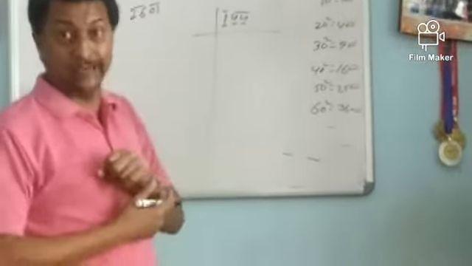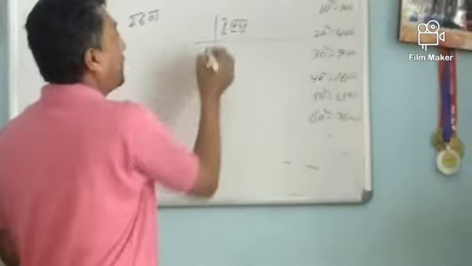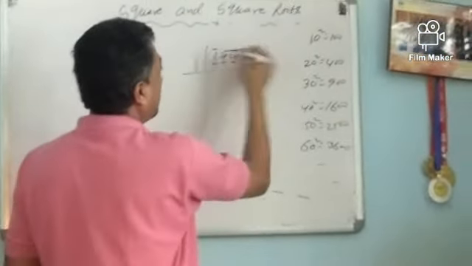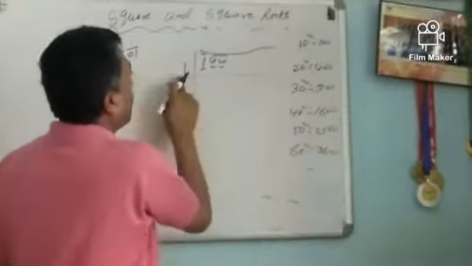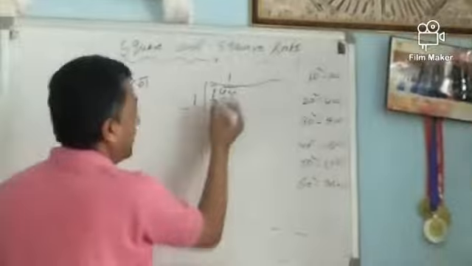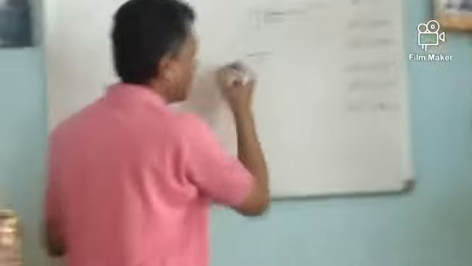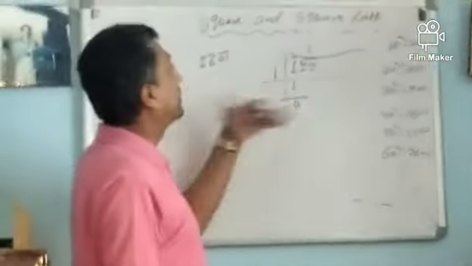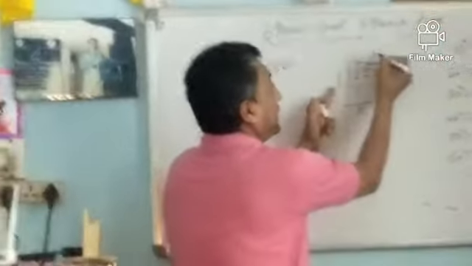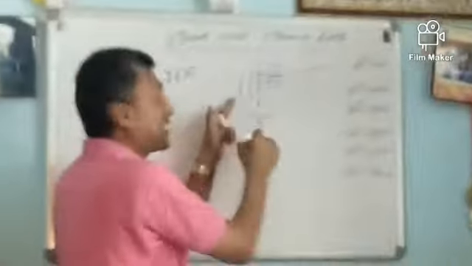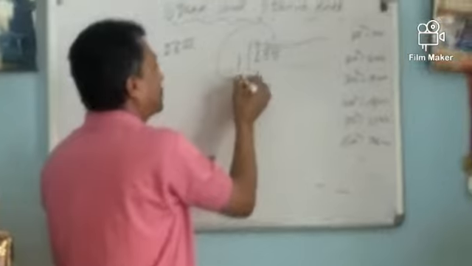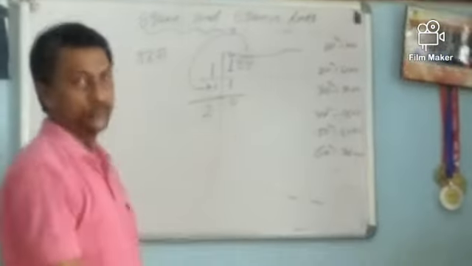So in that way we have to start. Here 1 is there, we start: 1 will divide by 1 only. So 1, and then here take 1, ones are 1. So 1 minus 1 is 0. Here in the final the square root is important, whatever we write here, we write there also. And the next step is we have to add. So we add this one, so plus 1 gives 2.